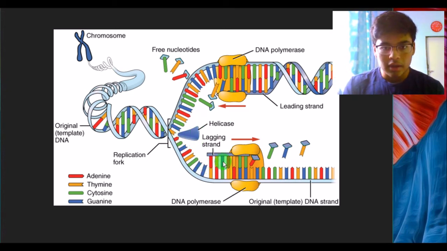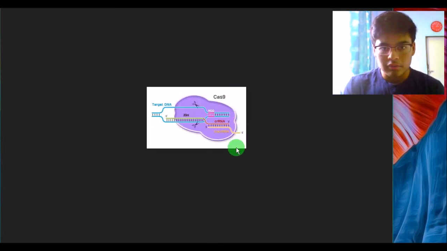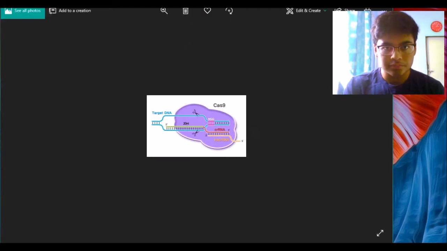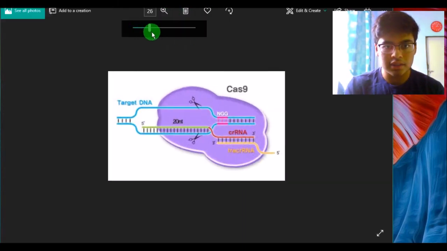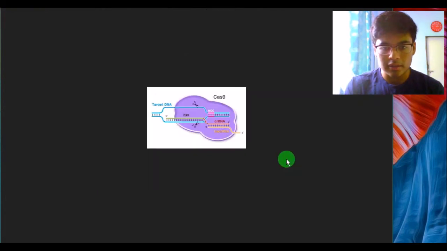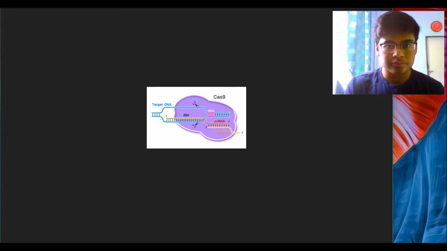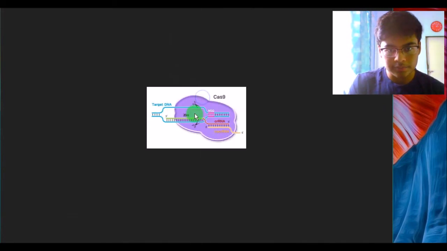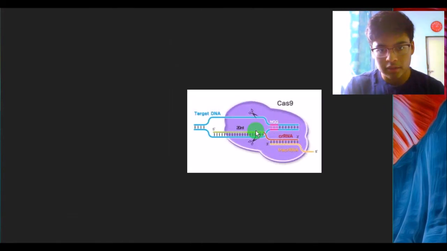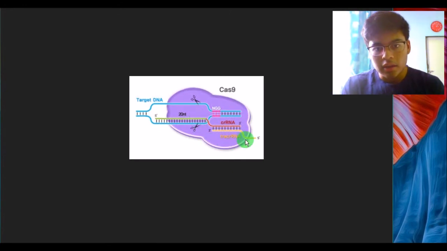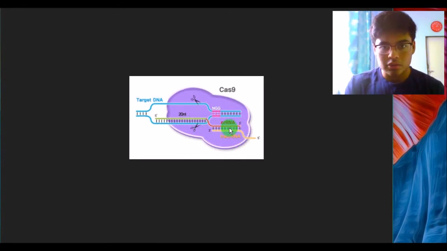So when it's open, here a guide RNA is manufactured, so it will have the same sequence as the DNA will have. Once that's done, the tracer RNA will be sent to the Cas9 protein, which was synthesized by the Cas genes. Once that RNA is sent to Cas9, once it has reached the Cas9 protein,